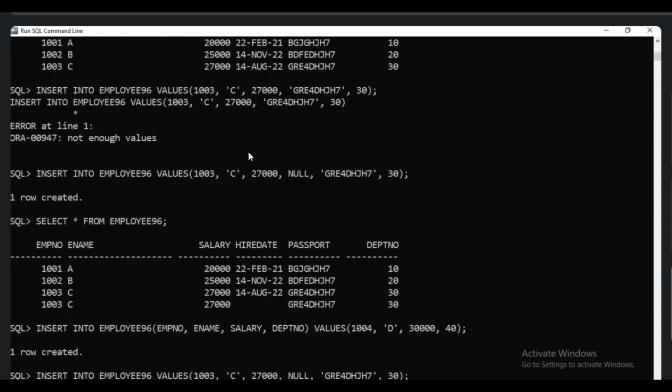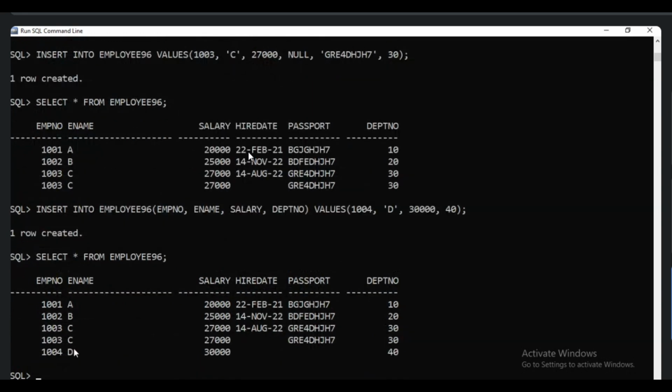Now look at the data. We are inserting employee number, employee name, salary and department. For the remaining columns, the data will be null. Whatever columns you are not mentioning, we get null in those columns. If I go with values here, we have 1,000 columns, so for the columns where we don't have values, the remaining 996 columns we have to mention null.